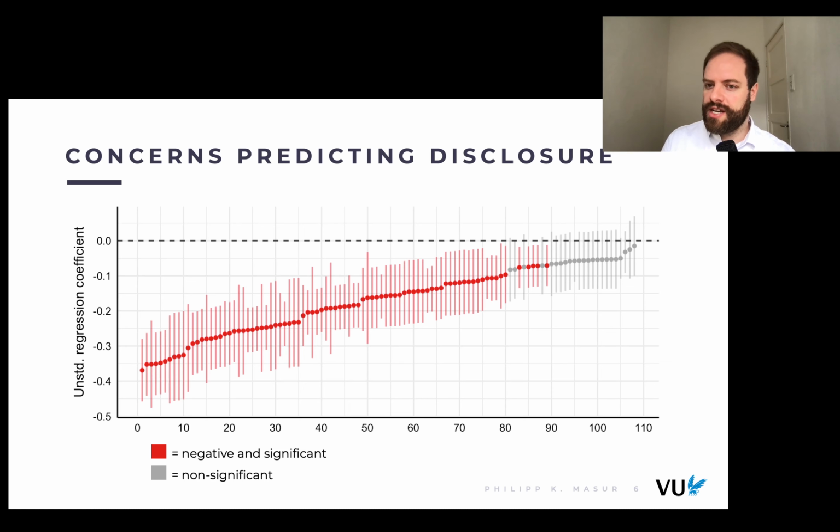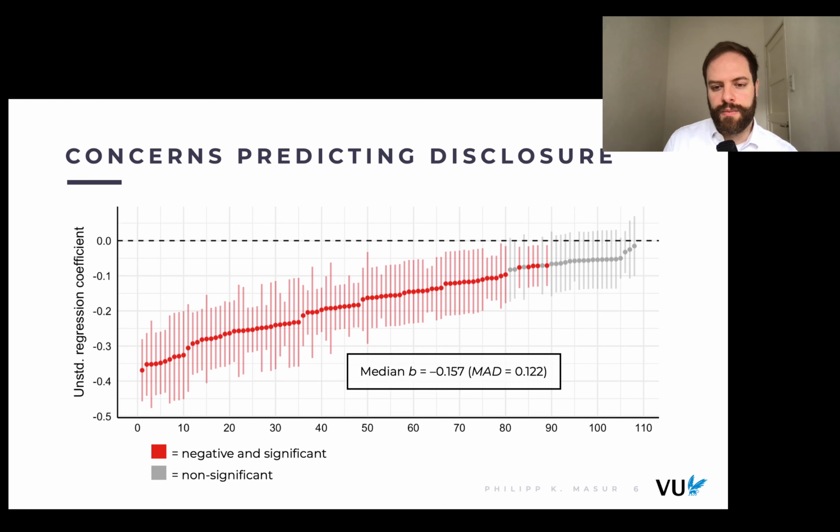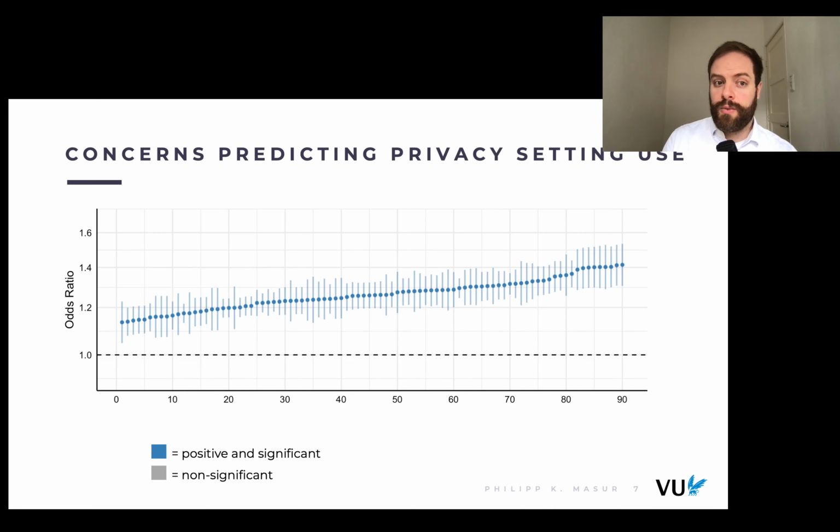But there's a wide range of effect sizes. Sometimes it's really small and non-significant, other times it's quite large and significant. The median here, in unstandardized regression coefficient, is minus 0.157. Now, with regard to the second analysis, privacy concerns predicting privacy setting use on social media, the results were